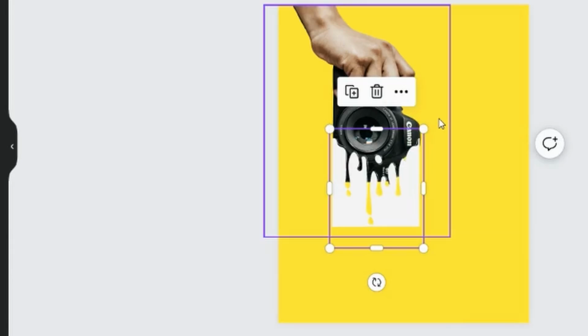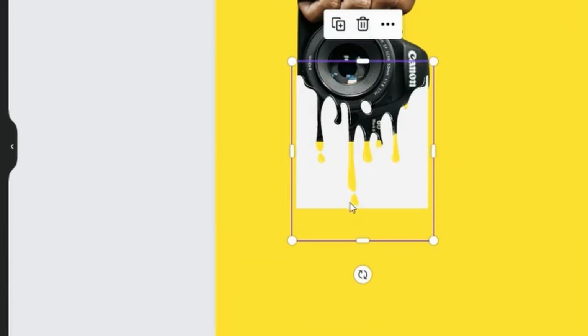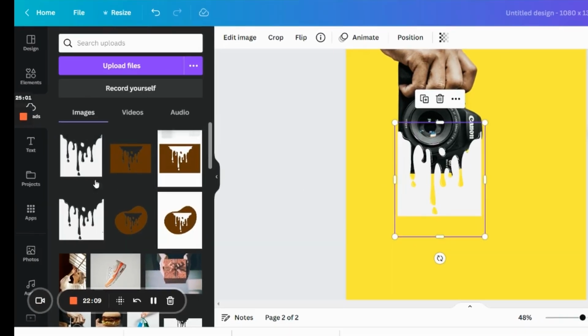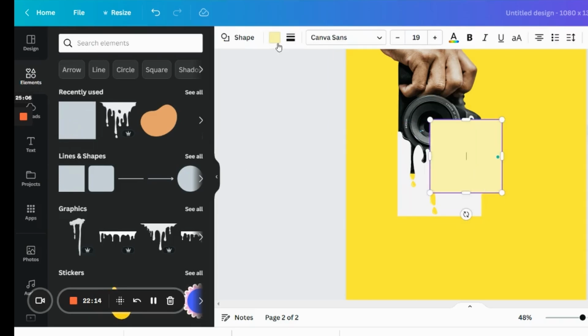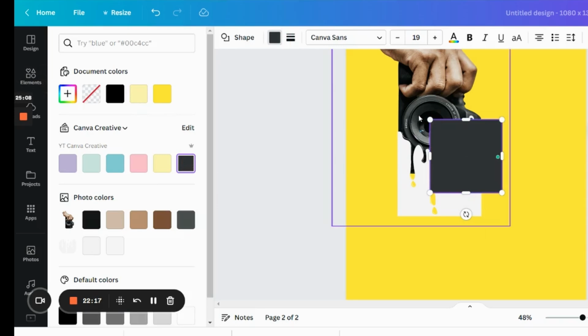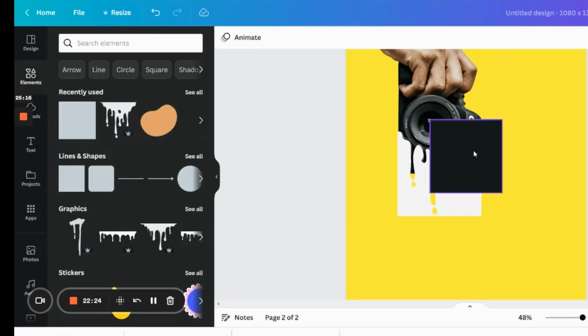And as I told you before, when the picture is not long enough to cover all the effect, you have these empty spaces here. In our case, it's very easy to get rid of it because the camera is black. You just have to add something black underneath, and you will see it disappearing. So just take whatever you want, like a shape, make it black or almost black, like this camera. We just can go and take our picker, choose the color, and there you go,